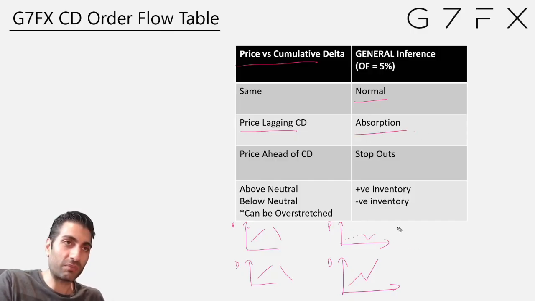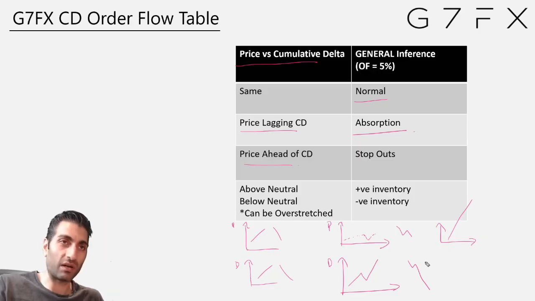So if the price is going down like this, but the delta is going down a huge amount, it's absorption, right? We've explained this obviously in the last section. And then just the opposite, really. If price is much stronger than the delta, so if price is really going up high, and the delta is just really pathetic,